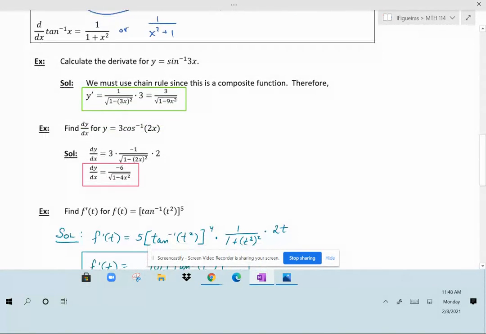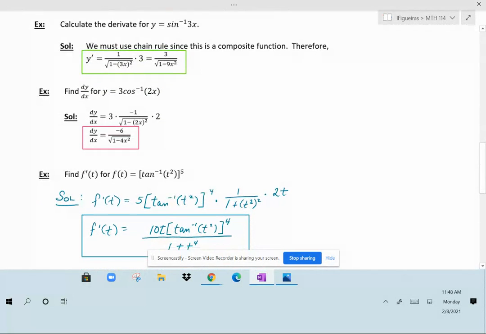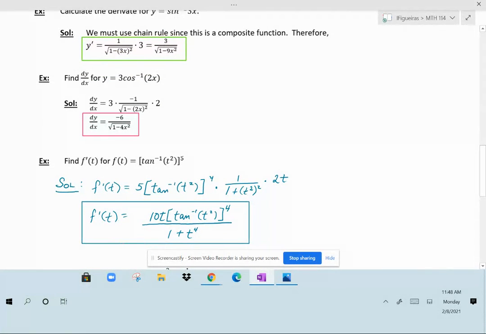Okay, so here's another one where I'm going to be taking the derivative of tan inverse of t squared raised to the 5th power. This is also chain rule. The outermost function is to the 5th power, the middle one is tan inverse, and the inside function is t squared. So we have 3 layers. So remember, we always start with the outside one first. So this is the derivative